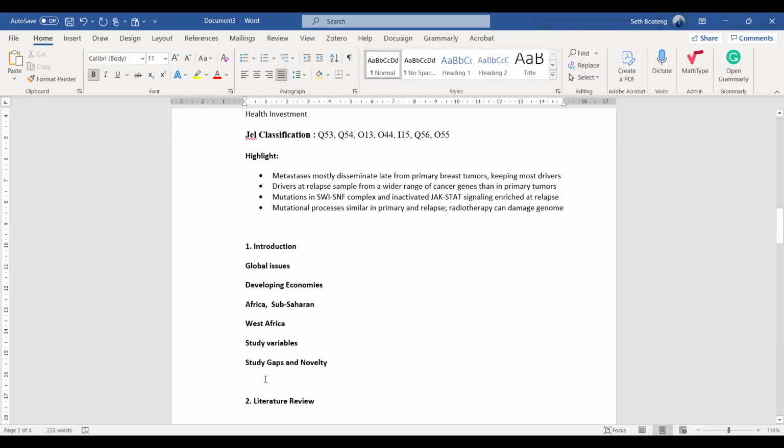This person used. So if your novelty, as we explained last week, is from your methodology, you explain the methods previous studies have used. Maybe Boateng et al. used the Cochrane method. Douglas et al. used maybe panel regression, maybe random effects, fixed effects, maybe this study used quantile regression.